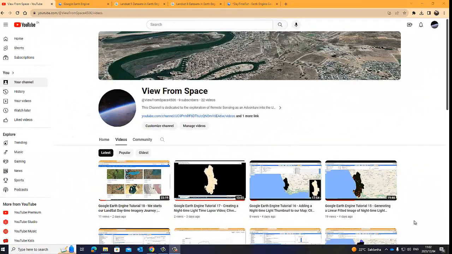We are continuing with our journey on the use of Landsat daytime imagery. Following on from our previous tutorial where we explored the main data sets in the Landsat series, which is Landsat 5, 7, 8, and 9. Remember, we put emphasis on the fact that Landsat 5 and 7 are very similar in terms of their bands, i.e. from band 1 to band 7, whereas Landsat 8 and 9 again are very similar in terms of their bands, and there's quite a difference between the 5 and 7 bands and the 8 and 9 bands